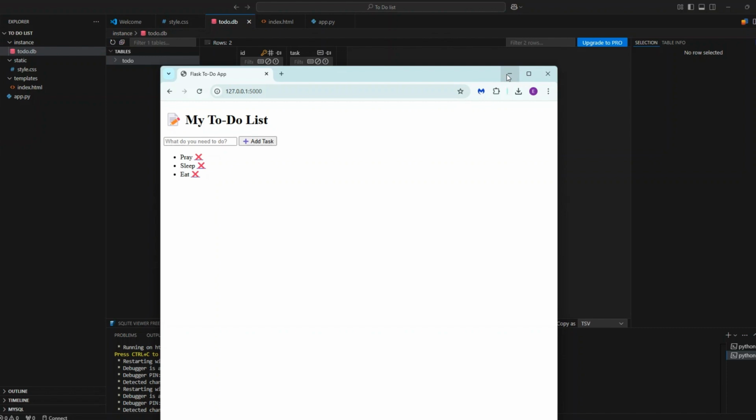Let your imagination run wild. You can build like a weather app, you can build like calculators, you can even build your personal portfolio website with Flask. Whatever you want, just make sure that you use the correct syntax, you import the correct modules, and everything should work fine. If you're going to build your personal portfolio website with Flask, let me know in the comments. And I'll see you tomorrow for day